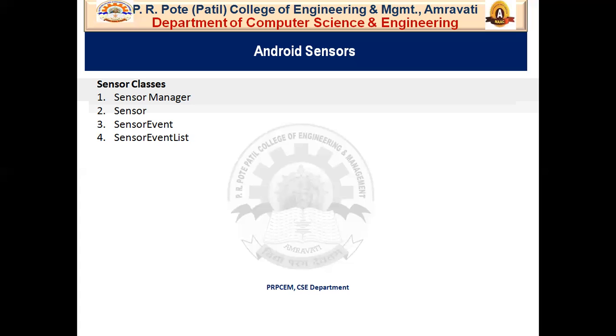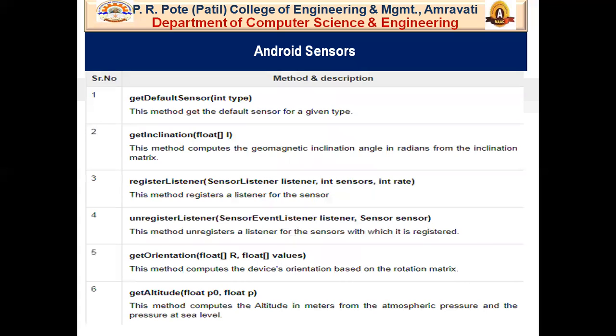So these are the four classes for the Android sensor: sensor manager, sensor, sensor event, and sensor event listener.